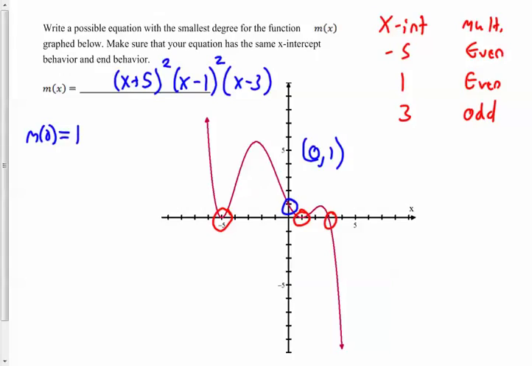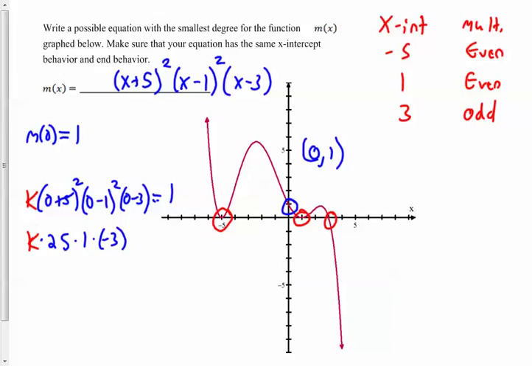Since there could be any constant out in front, I can think of this as some constant times (0 plus 5) squared times (0 minus 1) squared times (0 minus 3). When I plug in 0 into my function, I should get out 1. Simplifying, I get my constant times 5 squared, which is 25, times -1 squared, which is +1, times -3, should give me 1. Or in other words, -75 times this constant